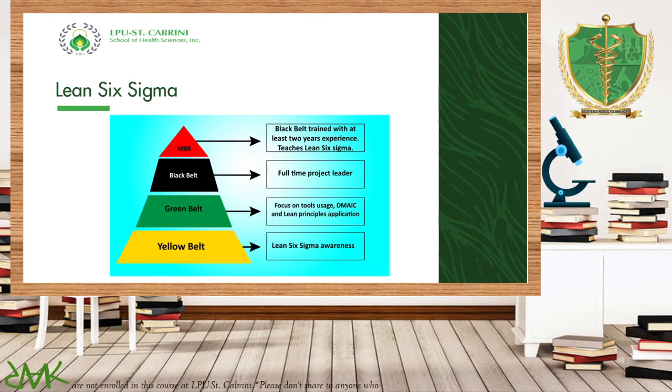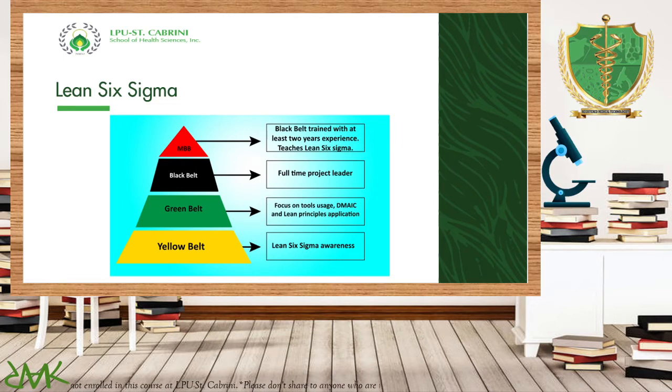Okay? If you are a Lean Six Sigma green belt, you tend to focus on the tool usage, DMAIC, and Lean principles application. You are not only aware of the Lean Six Sigma process, but you are capable of applying the tools and the application of Lean Six Sigma, particularly the DMAIC: define, measure, analyze, improve, and control. And you are a black belt Lean Six Sigma if you are a full-time project leader,